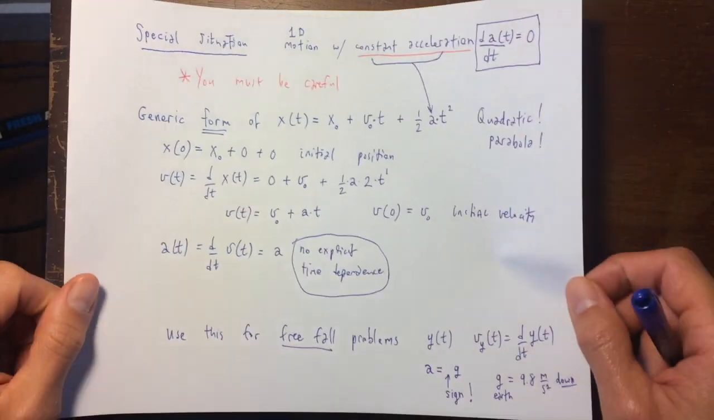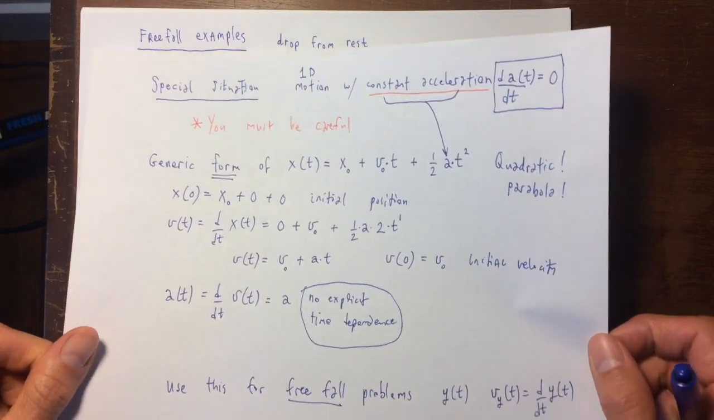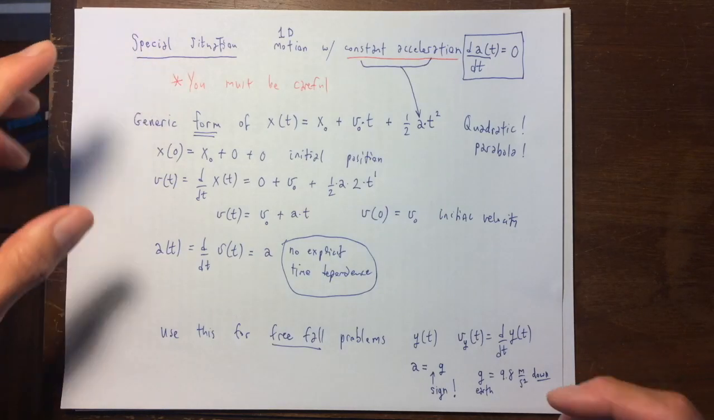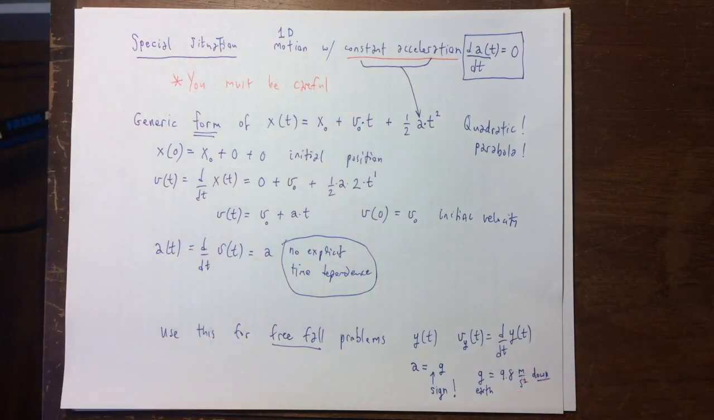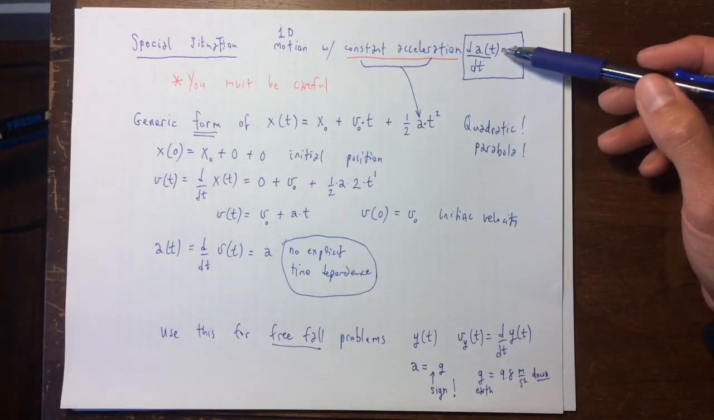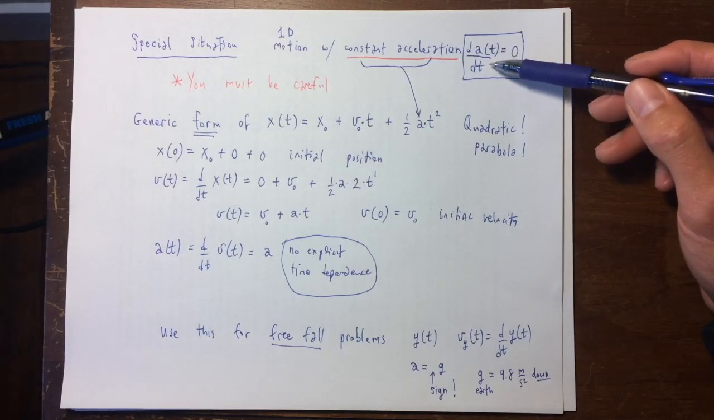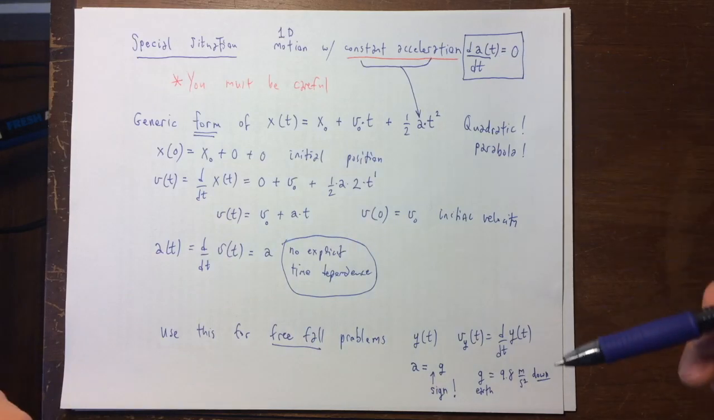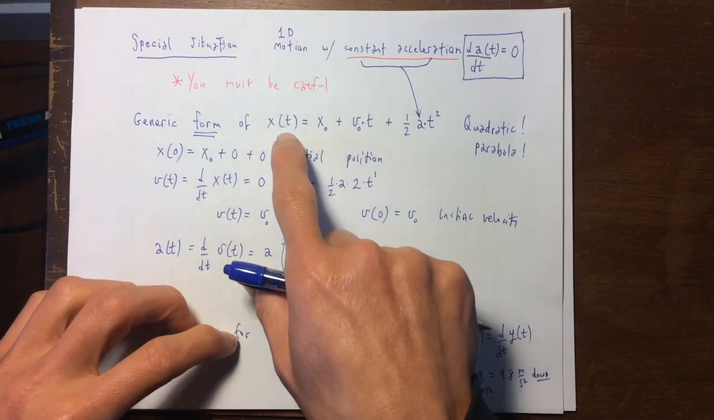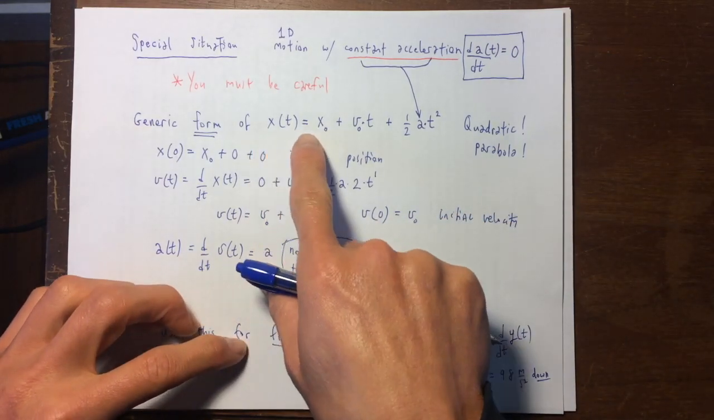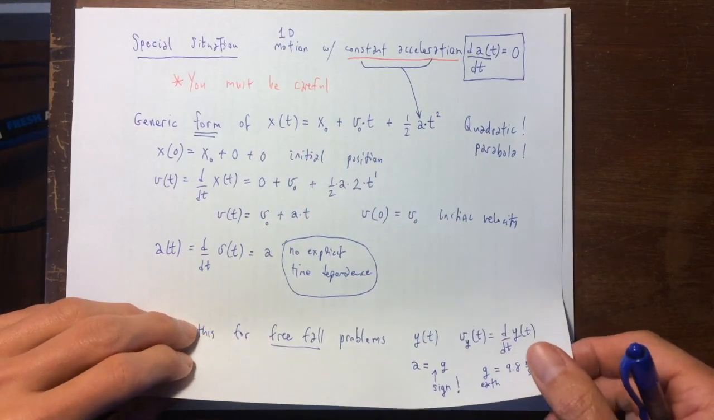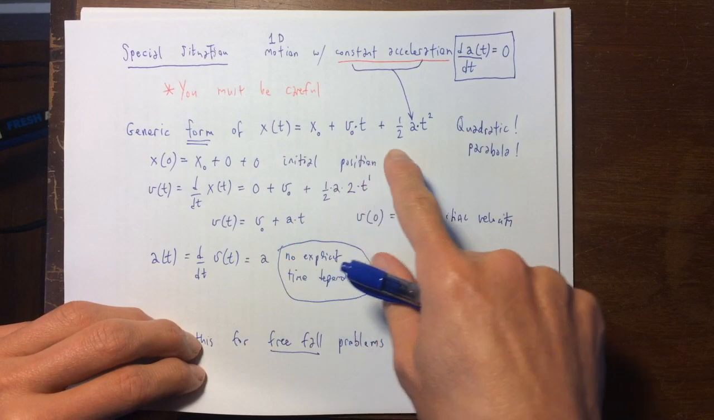So freefall problems fall under the special situation designation that I gave in an earlier video, where the acceleration does not change in time. It keeps a constant value. So freefall problems are the kind of problem where we get to use this generic formula. But I cautioned you that using this generic formula,